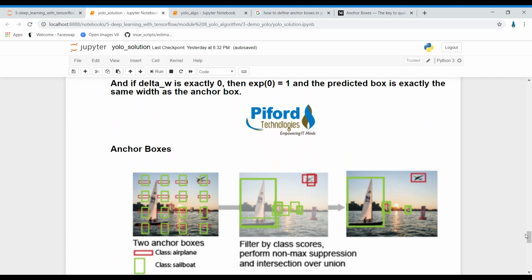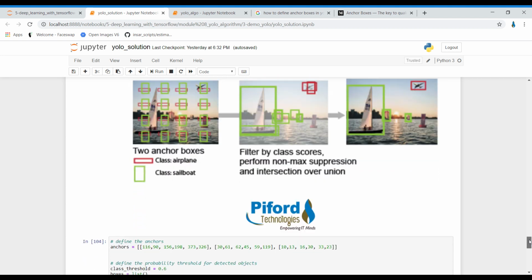Now what are anchor boxes? See, anchor boxes are predefined boxes of certain height and width. These anchor boxes are tiled across the image in object detection, and the object detectors which use anchor boxes can process the image at once, right? So YOLO chooses the anchors by running k-means clustering on all bounding boxes from the training images.